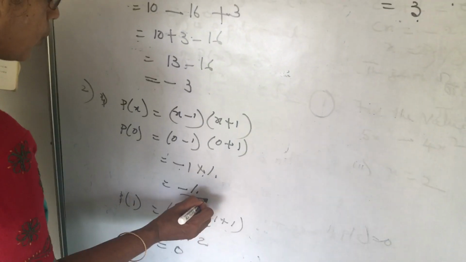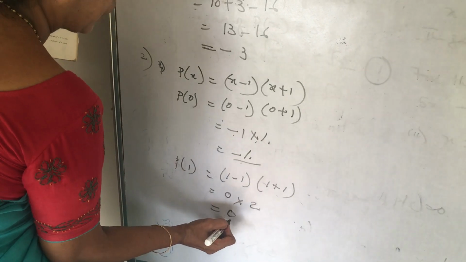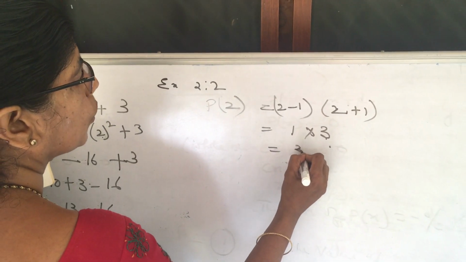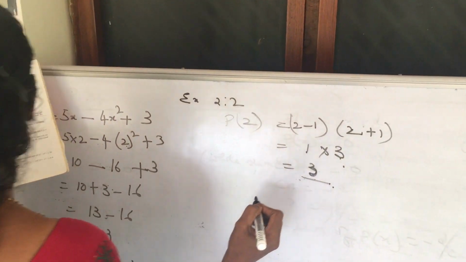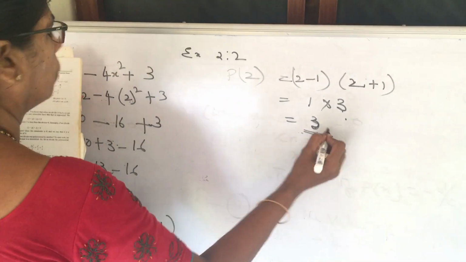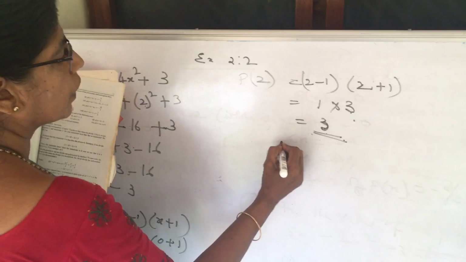These are the values. P of 0 is minus 1. P of 1 is 0. P of 2 is equal to 3. I think you could follow, girls. Yes. The first one is zeros of the polynomial. The second one is